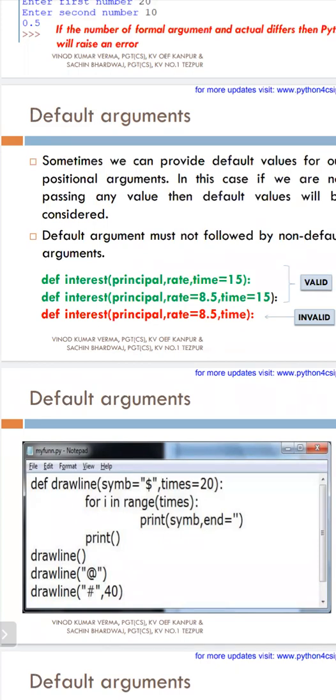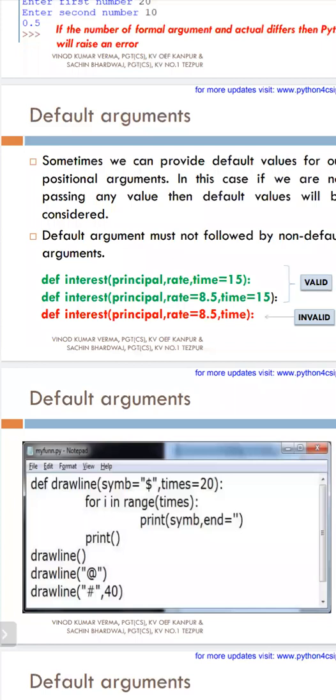So default arguments, I hope you understood. Default arguments should be at last in the parameters, and positional should be at first. And the third one is keyword argument, otherwise called named argument. It is not a variable, but by naming a value we pass a value.